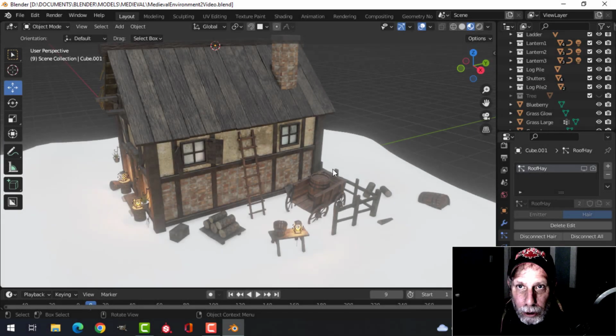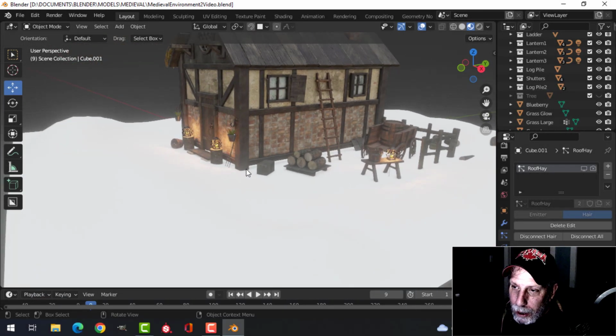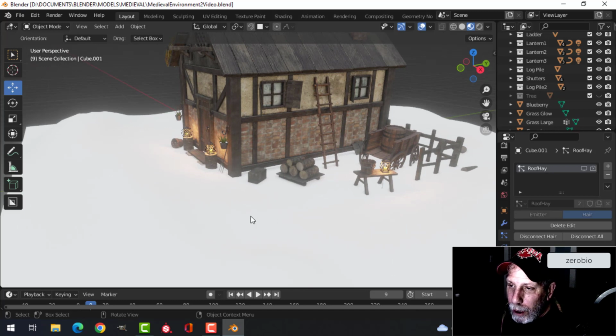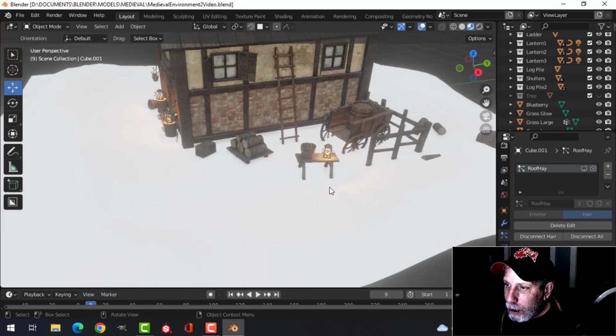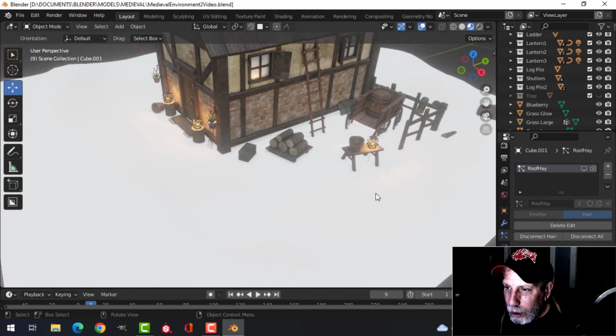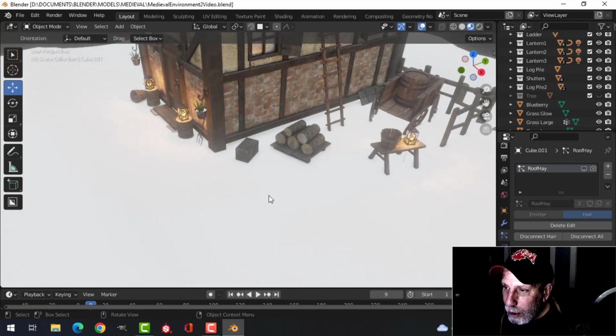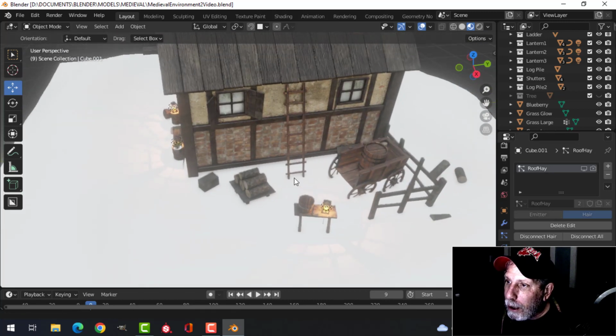This is environment 2 for the medieval scene, and I'm going to go back over some of the things that I did in my previous video with particles, but I'm also going to do something different as well. You can see that I've got just a white ground right now, and I want to show you something where I can use texture paint to add two textures on here, because I want to have sort of a grassy stone area, and I want to have a little bit of mud as well in there,